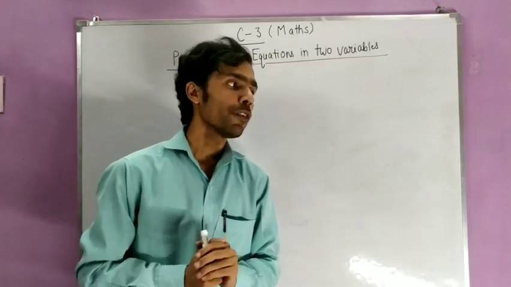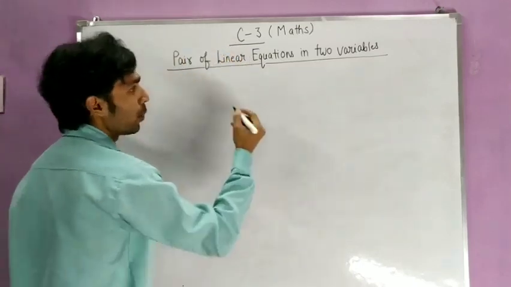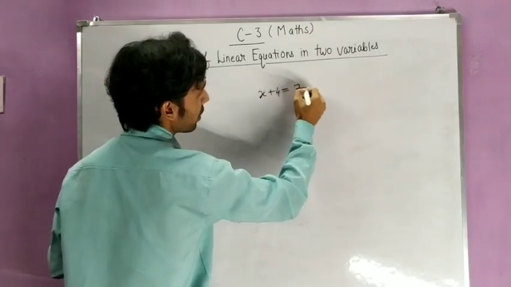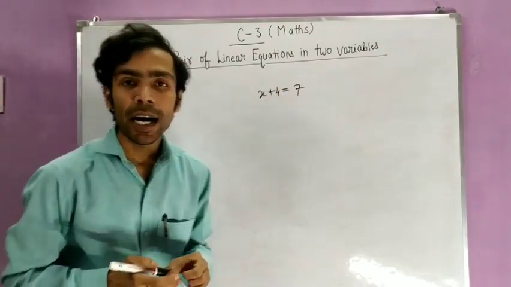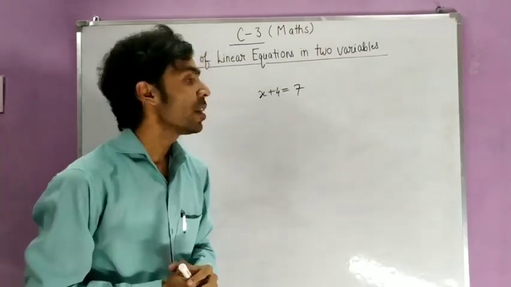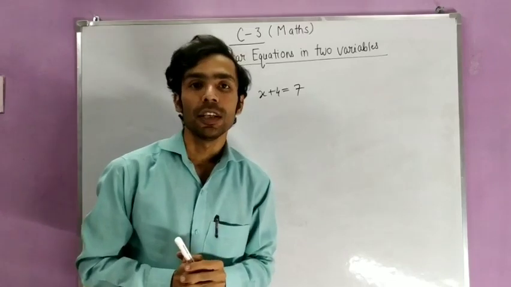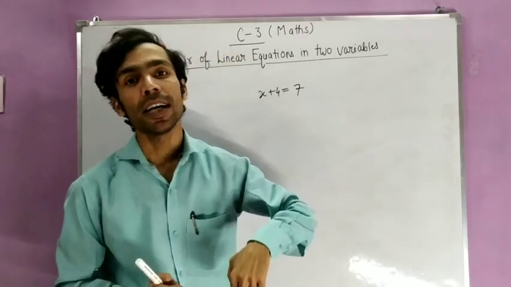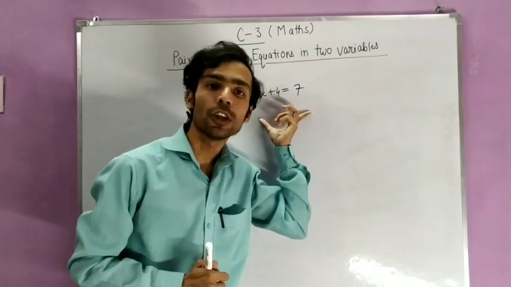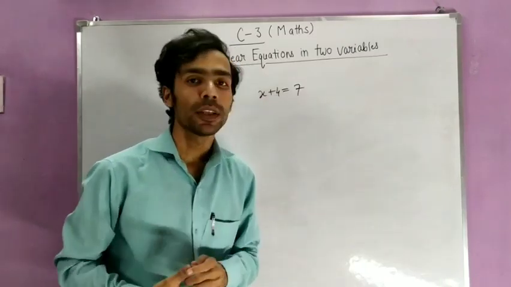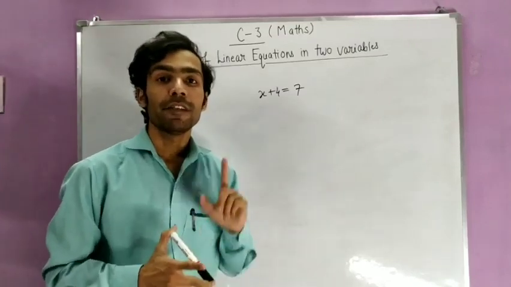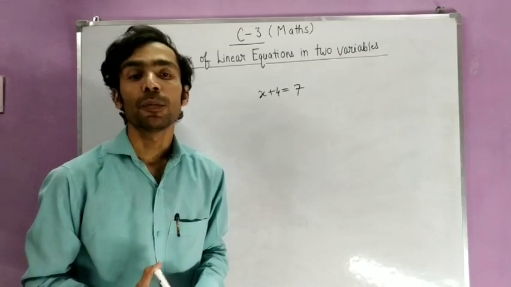Okay, so all of you might have known that suppose I have written x plus 4 equal to 7, and I ask you, is it an equation or not? So the answer will be yes, it is an equation. Then how will you recognize that a particular expression is an equation or not? So first thing you should know is that in an equation there should definitely be one variable present.